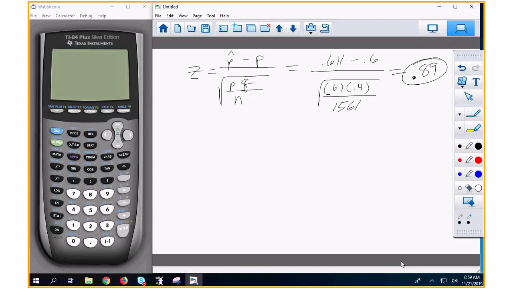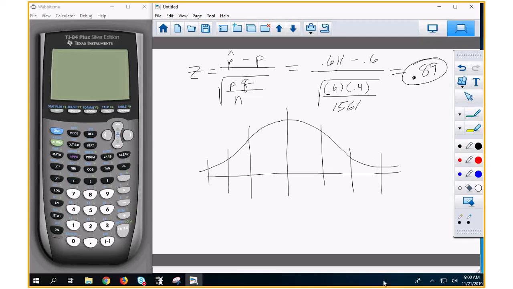Now we've got a z-score. What if you're given a z-score, what do you have to find? Area, thank you. So let's find our area. We've got to draw a picture. Of course, some of y'all won't draw a picture because you know it all. So where is 0.89? Well, 0.89 is right here. So I'm just going to draw this. And do we want above or below? We said we wanted above, right?